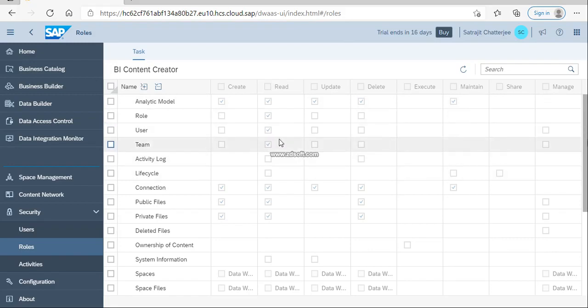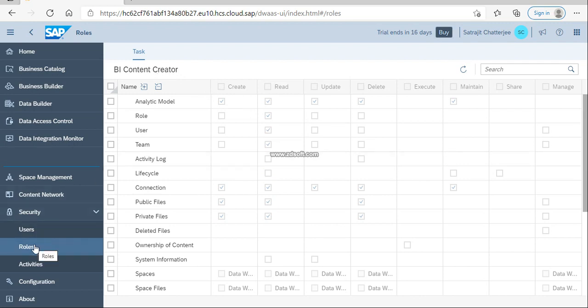The user roles is completely blank, only read, so you can read which users have what permission. The team role also has read checked, so that means they can only read the team information. They don't have any privilege to create, update, delete or manage that information. Now that is the BW BI creator.